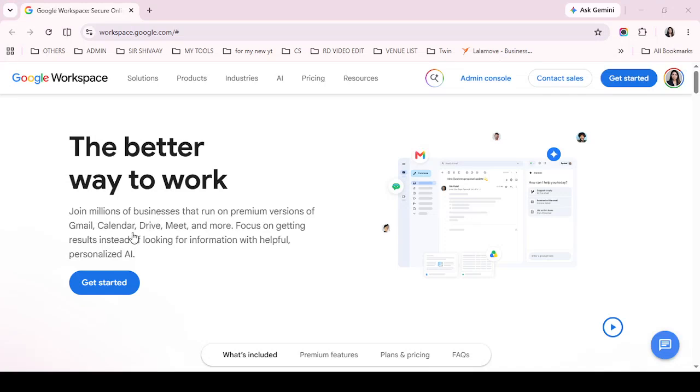In today's video, I'm going to teach you how to create an app password in your Google account. If you need to connect an app or device to your Google account and it doesn't support the usual sign-in process, creating an app password is a secure way to do it. This gives that app a unique one-time access code without requiring you to share your main account password, which helps